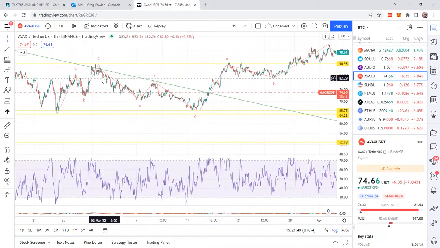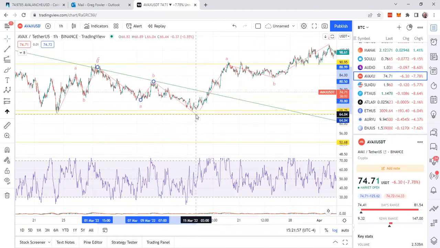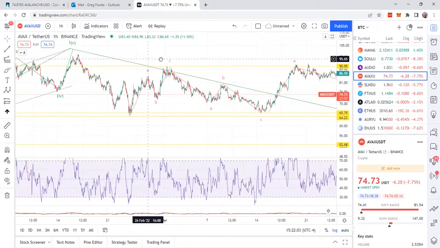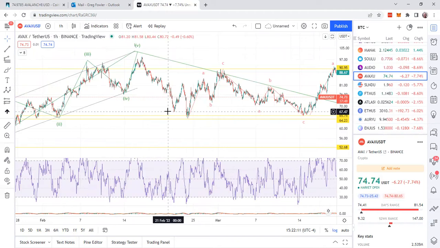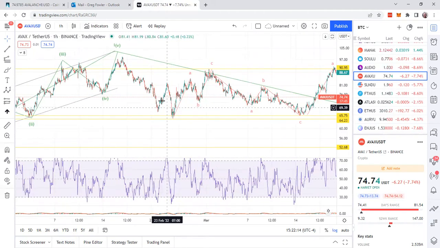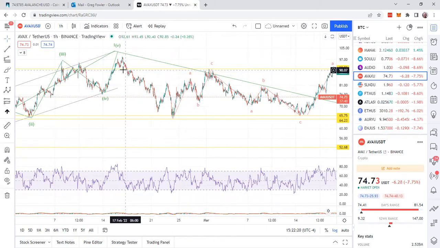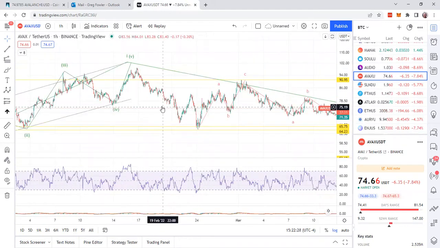Let me see if this is good. Yeah, see there's divergence right there again. Went up. So this is a 3-wave. Yeah, there's divergence there again. So that's a 3-wave move. So what the heck happened over here? You know what? Ah, there we go. It did a massive expanded flat, something like that, I bet.